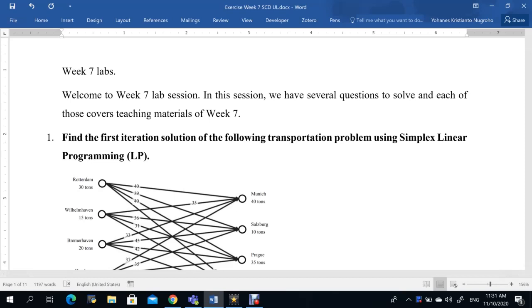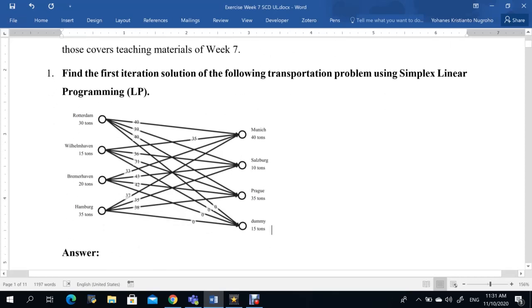In this session, we have several questions to solve, and each of those covers teaching materials of week number 7. For the first question, we need to find the first iteration solution of the following transportation problem using simplex linear programming. In our problem, in our slide, we have 4 sources in Rotterdam, Wilhelmshaven, Bremerhaven, and Hamburg, and also we